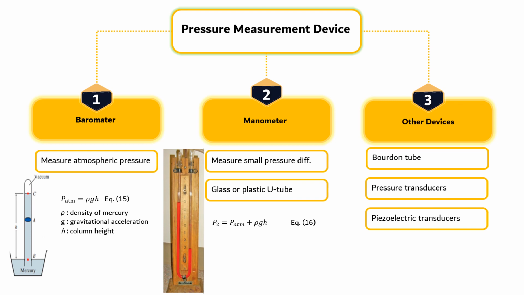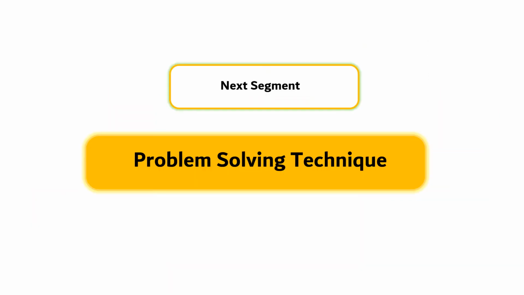Piezoelectric transducers, also called solid-state pressure transducers, work on the principle that an electric potential is generated in a crystalline substance when it is subjected to mechanical pressure. Another type of mechanical pressure gauge, called a deadweight tester, is used primarily for calibration and can measure extremely high pressures. In the next segment, we will discuss about